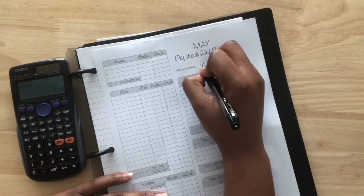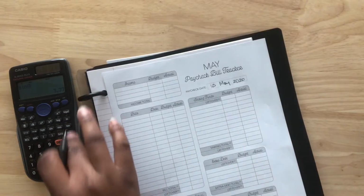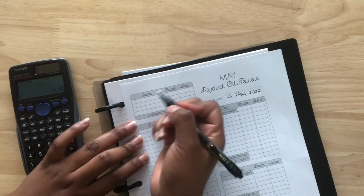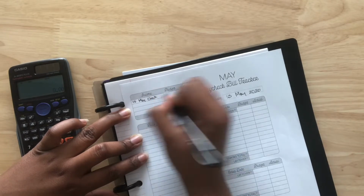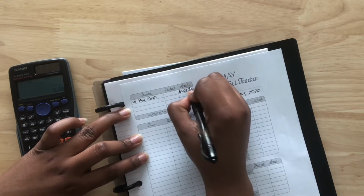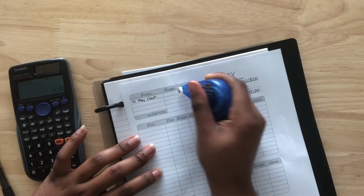So this is the 15th of May 2020. Okay, then let's clear this. My income for this paycheck is $602.97. So I have $602.97 to work with. Actually, this should be in purple because